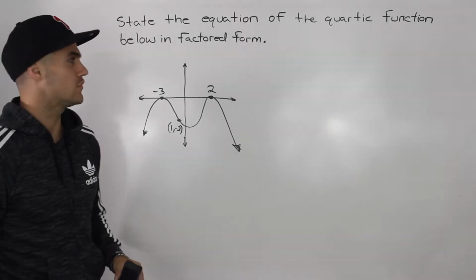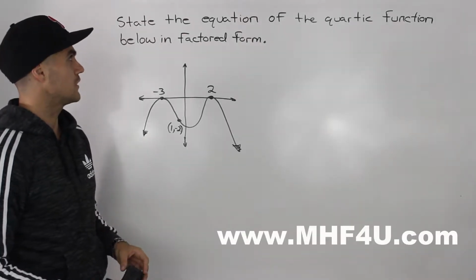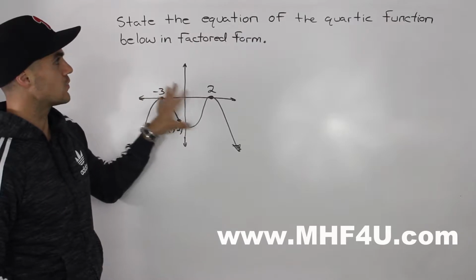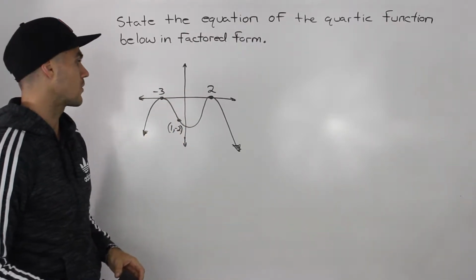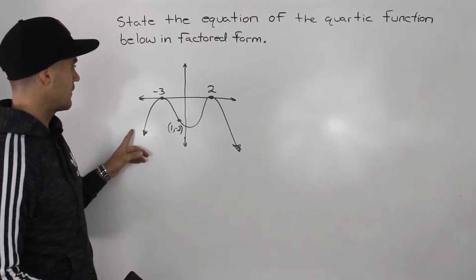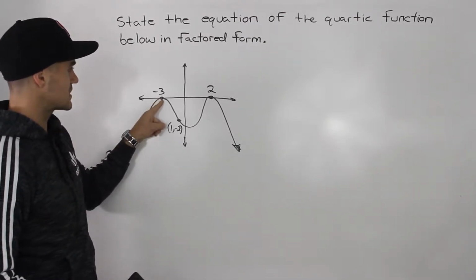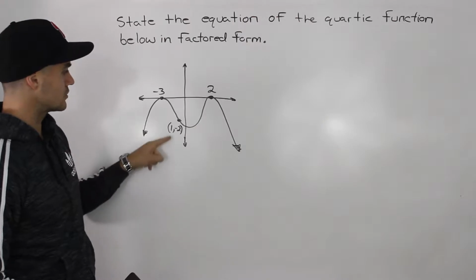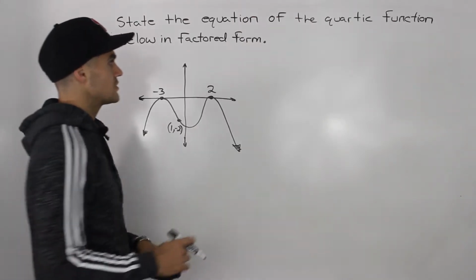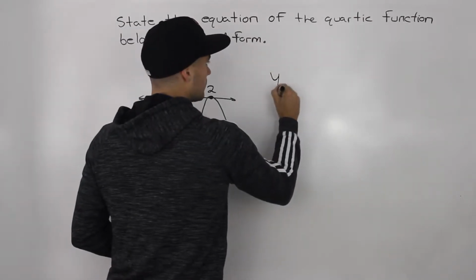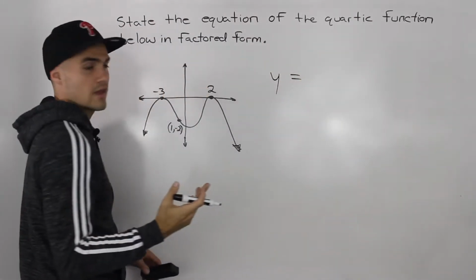Welcome back everybody. Moving on to another question with polynomial functions. We have to take this quartic function and state the equation of it in factored form. So notice how we have this quartic function with x-intercepts -3 and 2, and it also goes through the point 1 and -2. So whenever you're stating an equation in factored form, what you always want to start with is